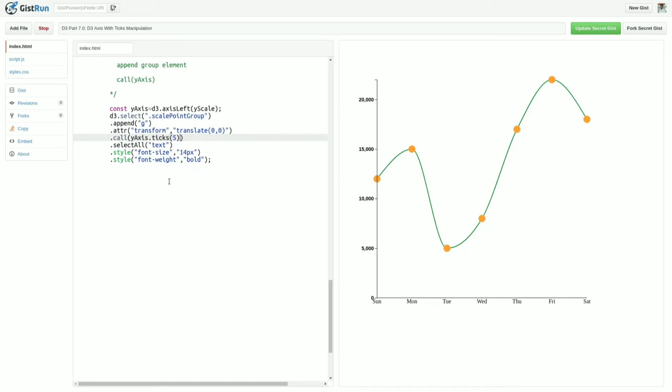Now another thing: I want to format these ticks. Instead of 20,000 I want to provide some format, that I want to format this number in dollars, because I am showing these sales in dollars. So what can I do? That format I want to apply to these ticks.